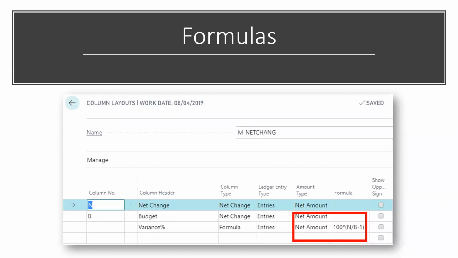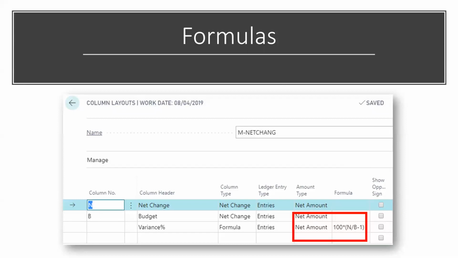What is this column layout doing? In one column for any specific report, you decide which column layout you would like to use. Then whenever I use this column layout for any of the reports that I create, it's going to present my net change,